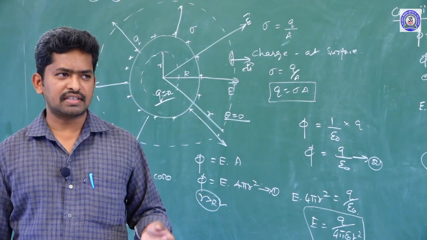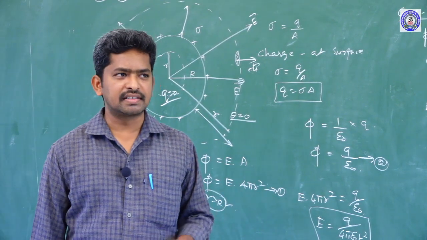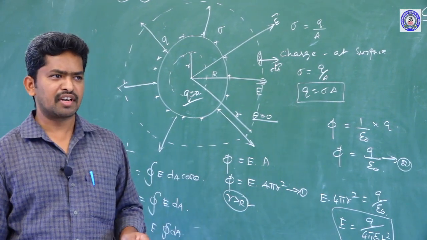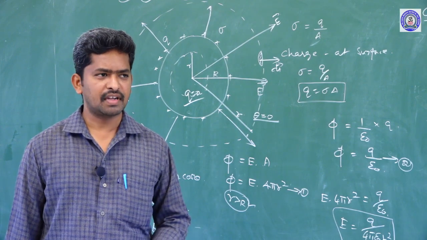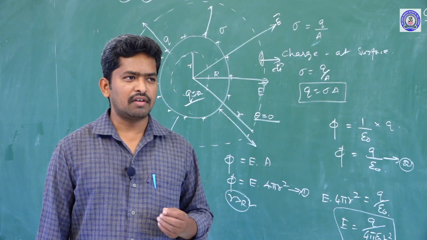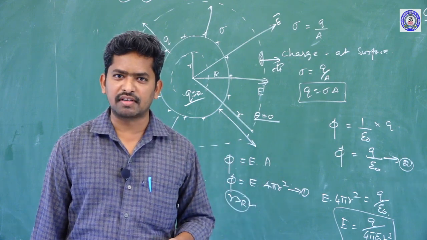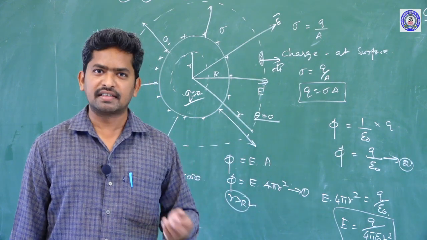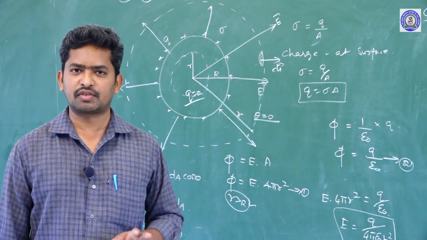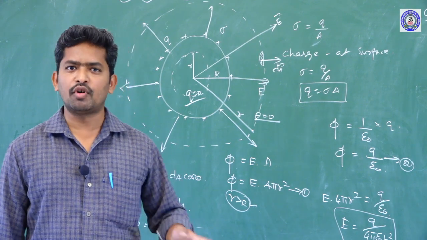Whatever the electric charges at the surface, whatever the electrical disturbance outside, the electric field inside is 0, which means the electric field inside the cavity is 0. This phenomenon is called electrostatic shielding. During lightning accompanied by thunder, it is always safe to sit inside a bus or car compared to outside or under a tree, because the electric field inside the bus is 0. It is very safe to sit inside the bus. That is why it acts as an electrostatic shield. It is a very important property.